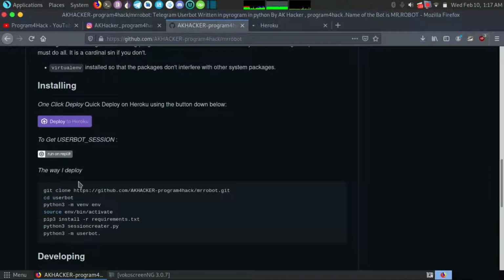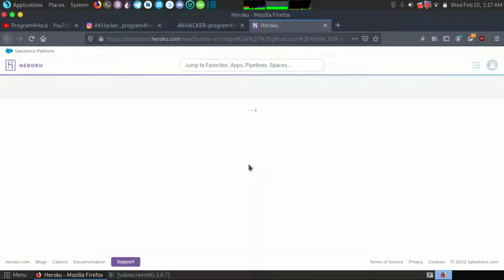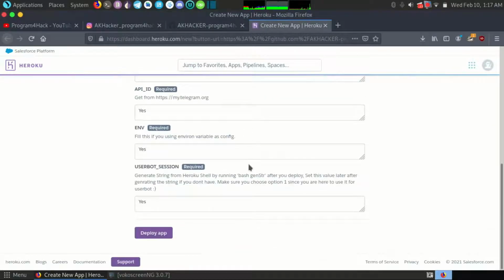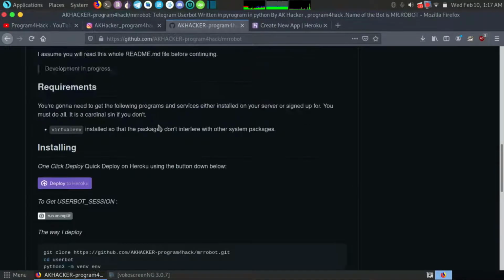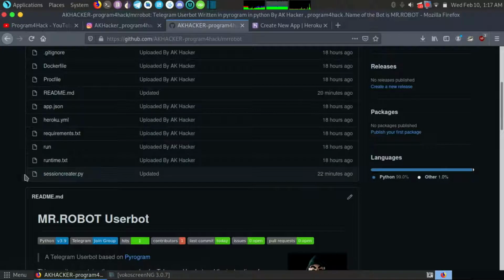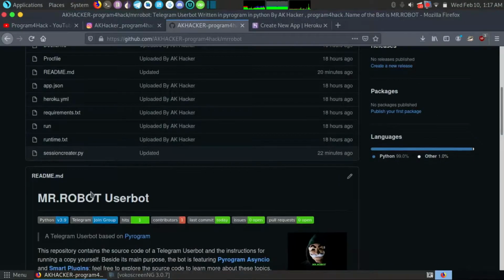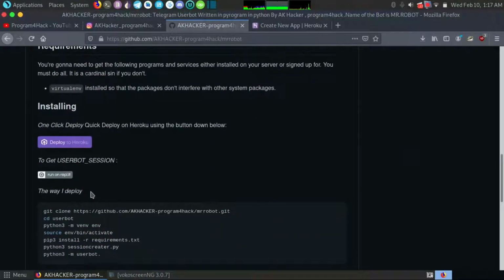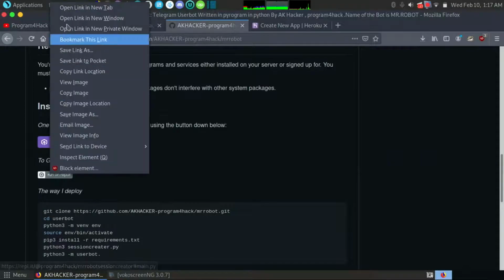And one thing about that is Ripple.it, it's the error we want to fix. Okay, so if I go here, wait a minute, I want to show you something. If I go down, you can see a user session. What this means is it wants a session string. So here is the script, but the users who use Windows or Android cannot run this script on their device. Therefore I use this run on Ripple.it.